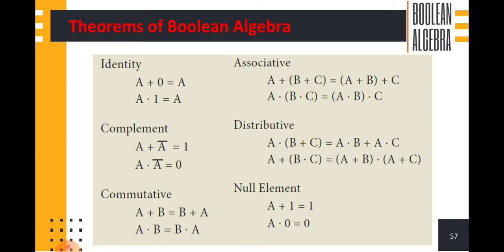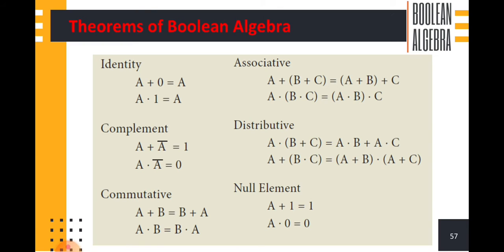And then the next complement law. A dot A bar equals 0. In the last expression we discussed, A dot A bar, based on the complement law we take the value 0, and B dot B bar is also 0. So A dot A complement equals 0. We substitute the value. We take the value of A as 1. 1 dot A complement. What is the value of A complement? 1 complement gives the value 0. So 1 into 0 is equal to 0.